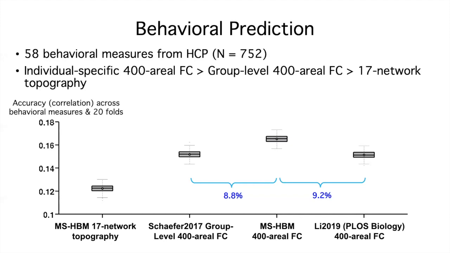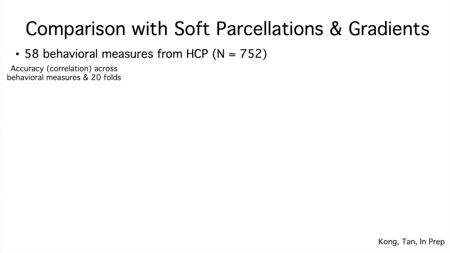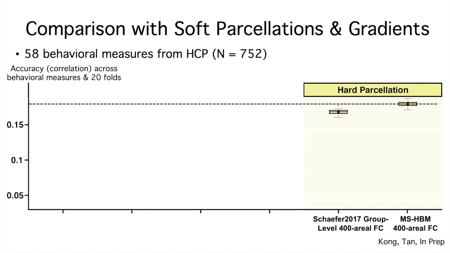The comparisons here are using hard parcellations, in the sense that each brain location is assigned to a single parcel. We have performed further comparisons with other forms of data representation. So the setup is the same as before, 58 behavioral measures, 24-fold cross-validation repeated 100 times. Here are the results for the Schaefer group level parcellation and Ruby's individual specific area level parcellations. You might not notice, but the numbers are a bit higher than before because we're using partial correlations instead of Pearson's correlation. And as other groups have shown, partial correlations seem to be better for predicting behavioral traits.